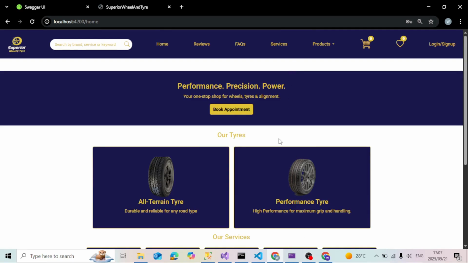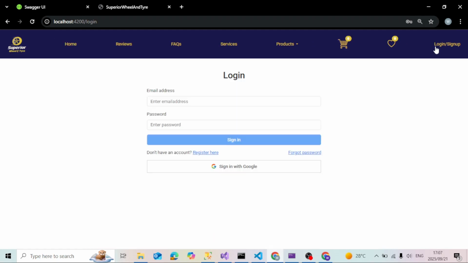Now I'm going to show how the user can update the password from the system. So the user will need to log in by clicking the login or sign up tab, and then it will open the login page. Then log in using the email address, and then the password. Then click the sign in button,